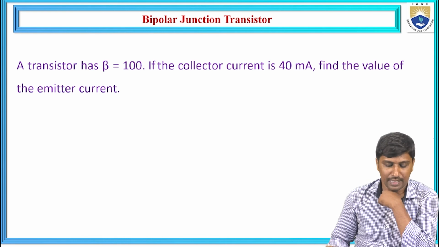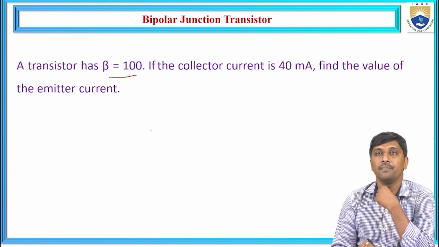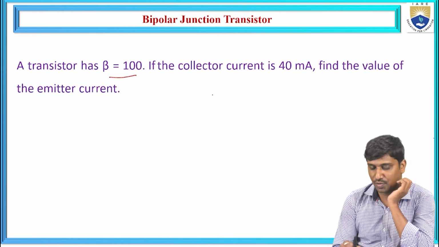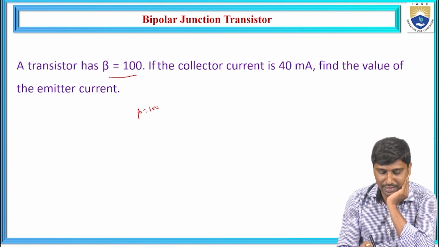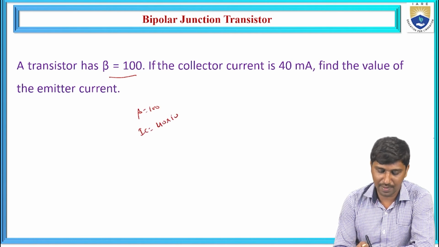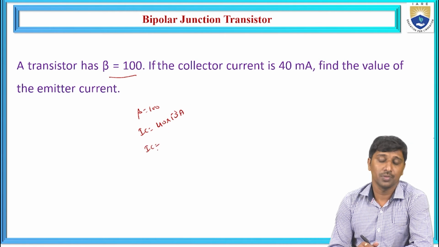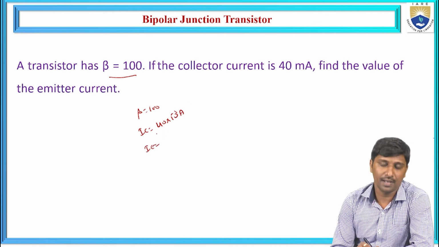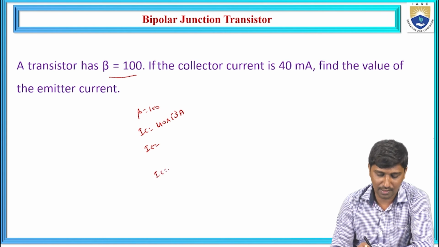Now, the question is, a transistor has beta is 100. If the collector current is 40 milliamps, means the DC current gain beta is 100 and the collector current IC is 40 milliamperes, then find the value of IE. So we need to calculate the IE value. For this case, we know that IC is equal to beta times of